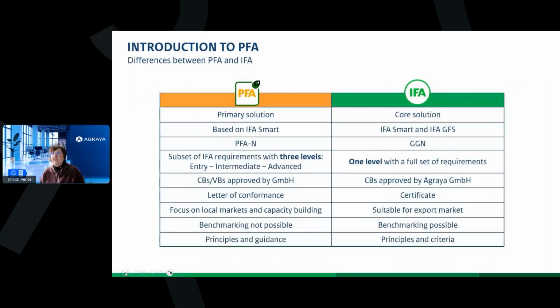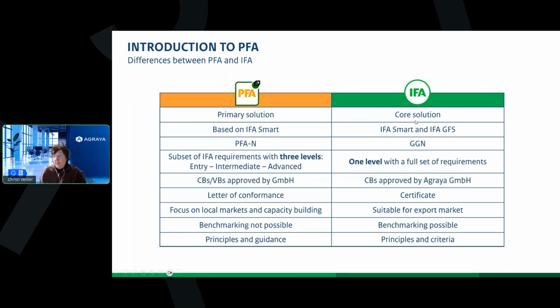So yeah, IFA is where PFA can go. It's not always needed. The end goal doesn't have to be always IFA, because it can be applied at local markets. And you can actually then keep it as maybe a local standard, maybe the advanced level or maybe the intermediate level could also be accepted, and it is not always necessary to go to IFA, although, you know, it's a capacity building program, so it's something that is achievable.